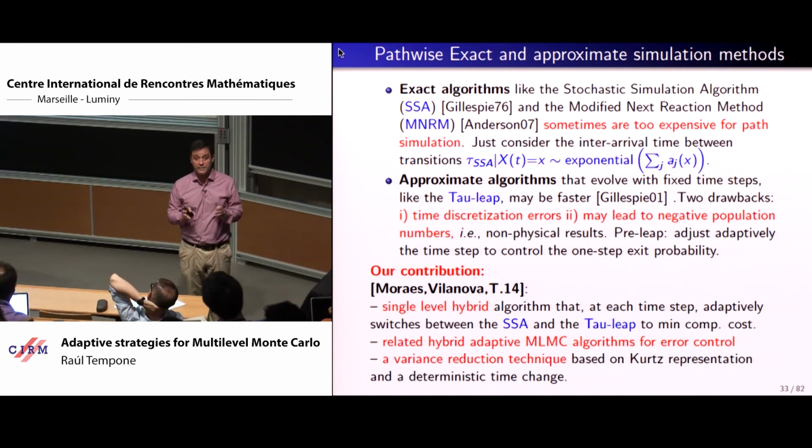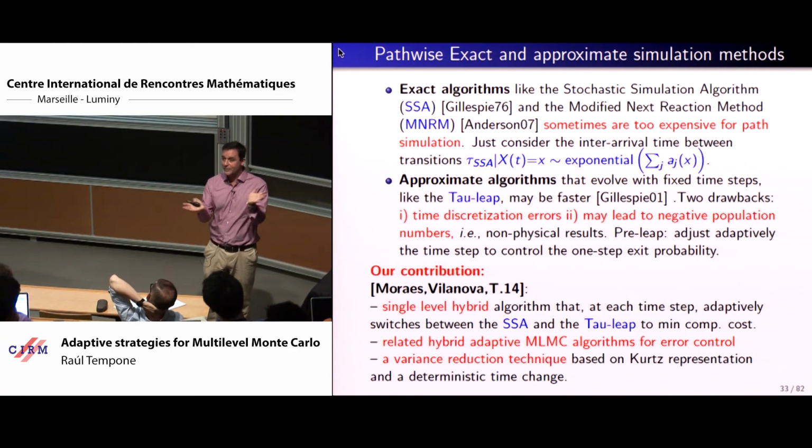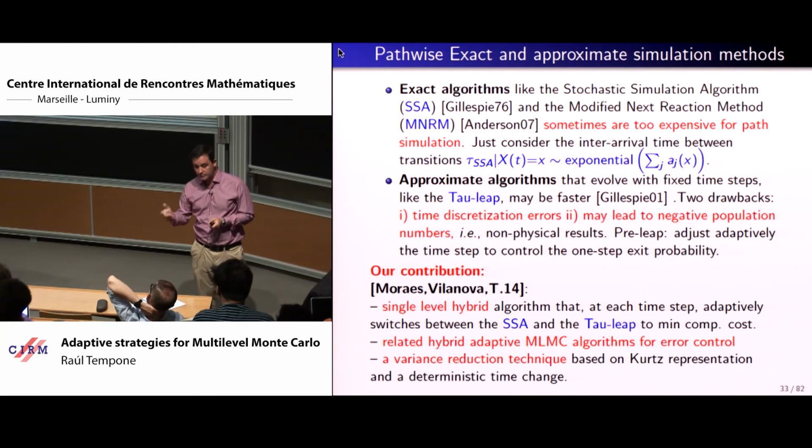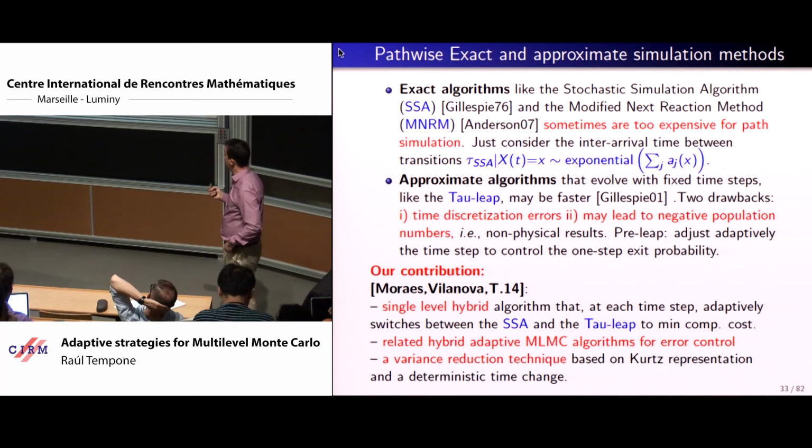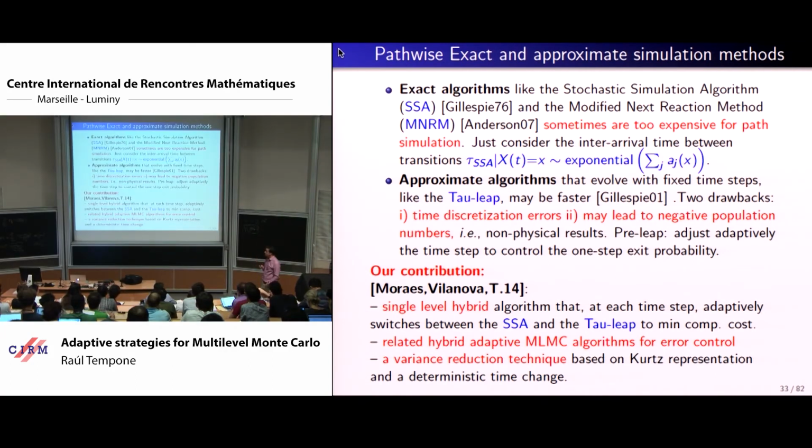Essentially, if you go back to the discussion that we had at the beginning, our process is actually counting molecules of different types in a system. These are not going to be negative, right? If you're doing the proper thing, the true trajectories will never cross 0. But if you do these sort of approximate algorithms with a non-zero probability, you may cross these things, and you may want to avoid these events because they have an issue on the global accuracy that you can get. Okay, so there are ways to deal with this.